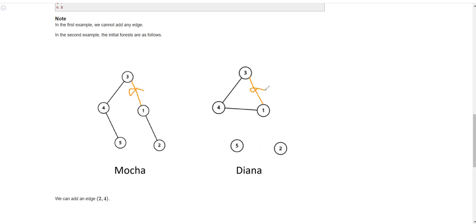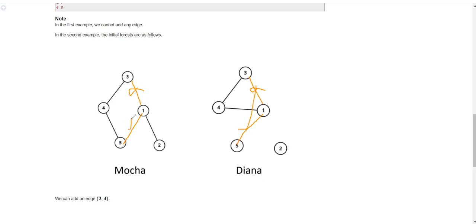Now we will check for 1 and 4. Since there is no path between 1 and 4 in Mocha's forest, we can add it here. But similarly, with the same logic, we can't add it in Diana's one. So we are not going to take that one as well. Then we check 1 and 5. Since we can add an edge between 1 and 5 in Mocha's forest, and we can do the same in Diana's forest, this is a correct configuration.